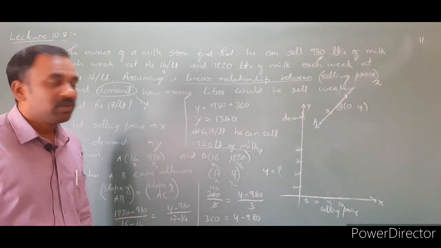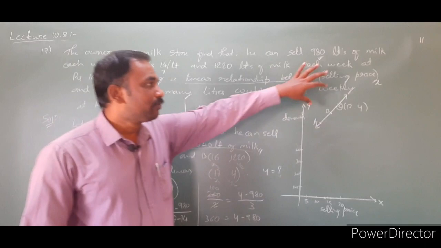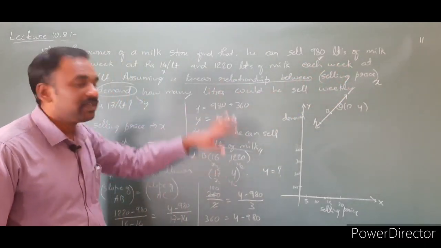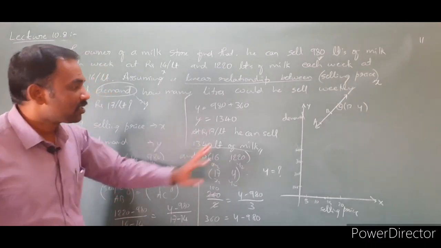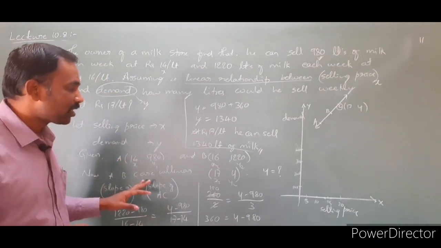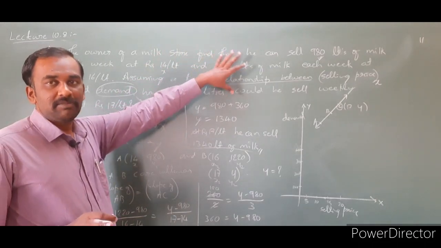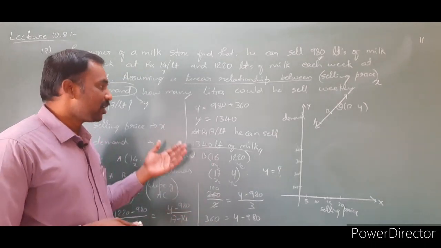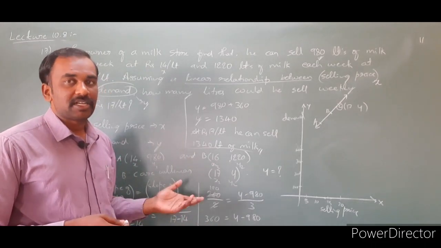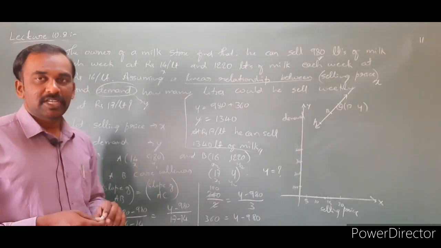Another method, what is the other method? You can use the 2-point form. Find the equation of the line, and you will get the required y value. So this is an applied problem, a very important type of problem. It is a simple, day-to-day life example, and we just solved it by using the slope of the line condition, in a very simple manner. Now go to the next one.